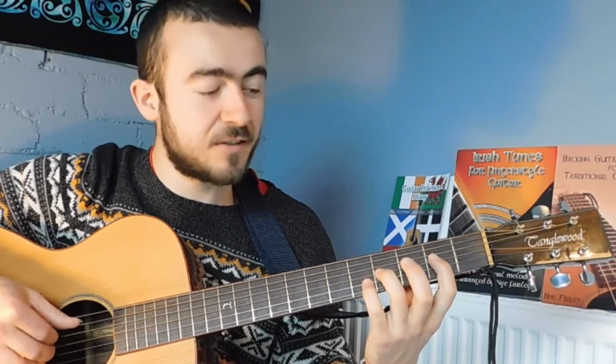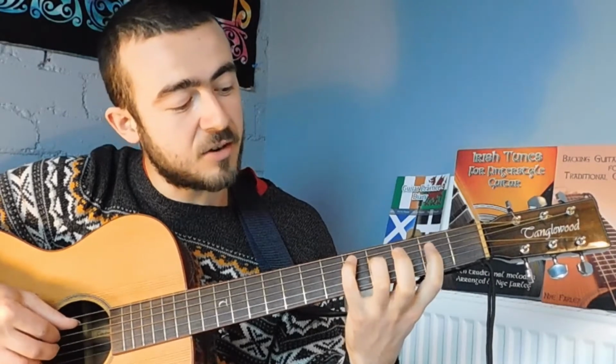Again there, I've got two options. Either I could put my little finger back on to get that D note, or I could go up to the open D string because that's now been vacated by the finger that was holding down the F sharp before. In situations like this, you might find one is easier than the other. Obviously always plump for the easier option, because you want to keep things as simple as you can while still sounding good. So I'm going to go with putting my little finger back on, I think,